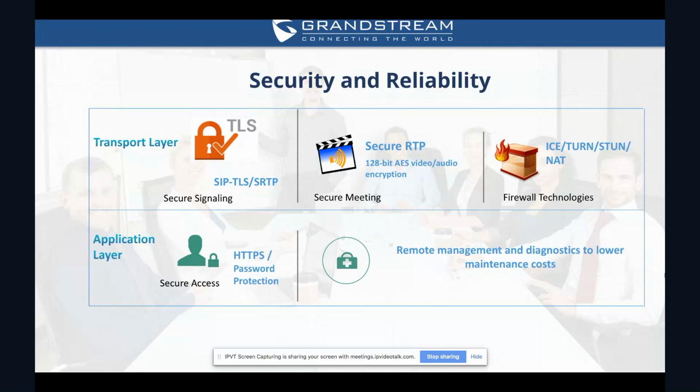Also, it supports TLS or SRTP encryption in the SIP networking and the WebRTC WSS web services security or SRTP encryption. Moving on, we'll talk about a typical deployment scenario for our IPVT10 server. In the next slide,